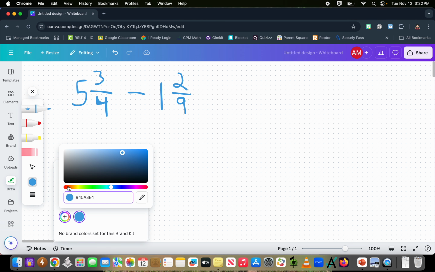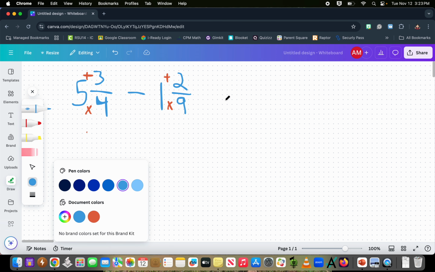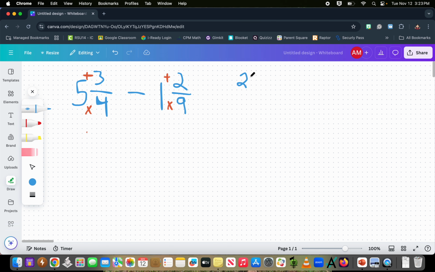And the way I'm going to do that is I'm going to multiply and add and multiply and add. And I'm going to rewrite these numbers. If I multiply this and add 3, I've got 20 plus 3. So this becomes 23 over 4 minus 9 times 1 is 9 plus 2 is 11